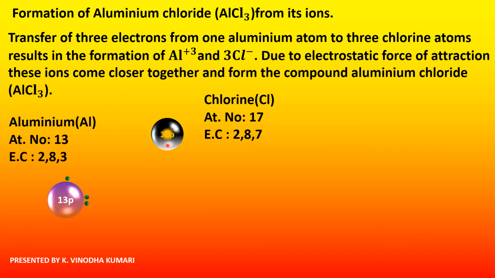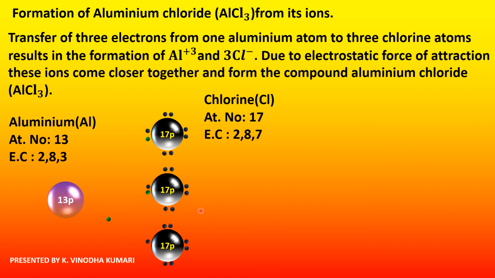This is 1 chlorine with 7 electrons, and this is another chlorine with 7 electrons, and the third chlorine is also short of 1 electron. So now aluminium will donate 3 electrons, 1 each to chlorine,